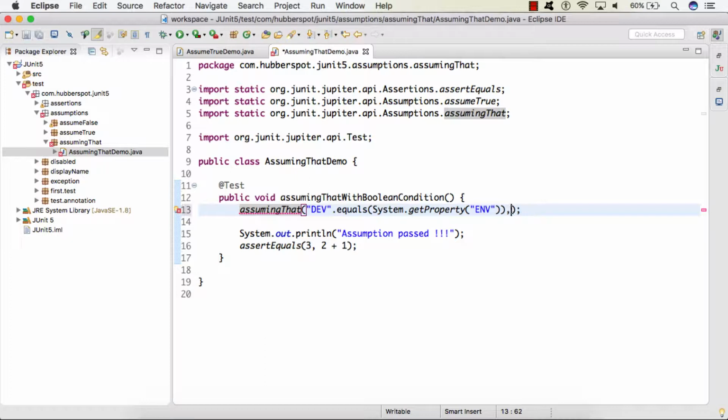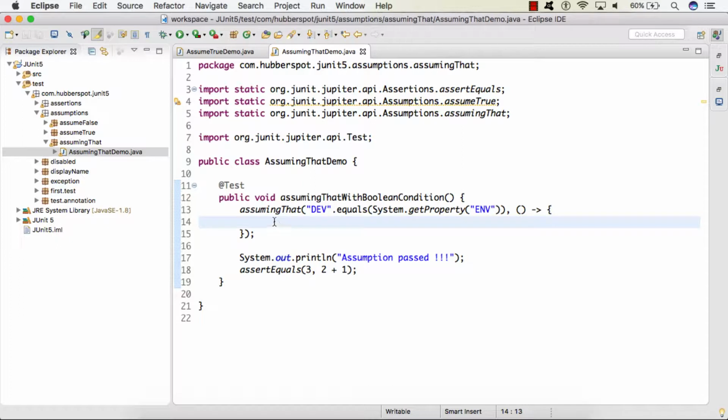So let's say I provide an executable through a lambda expression like this. And here I provide a sysout, and let's say I provide a string that it's a dev environment.